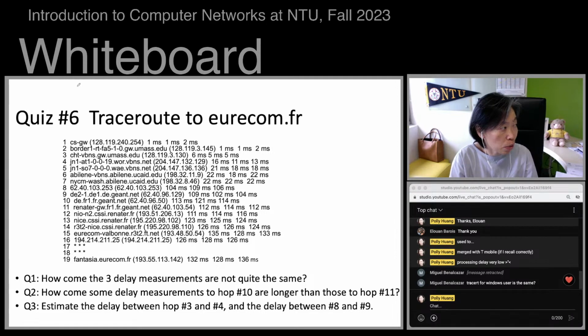So this is quiz number 6, and this is the exact trace we've examined in the videos earlier. It's the output of a traceroute probe to this server, Oracle.com.France. And Q1 asks this: how come the 3 delay measurements are not quite the same?